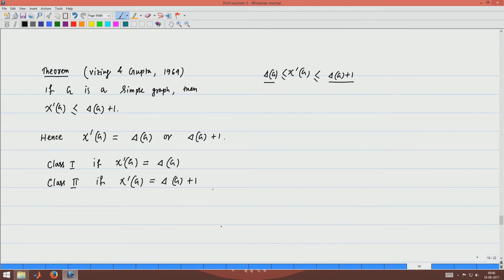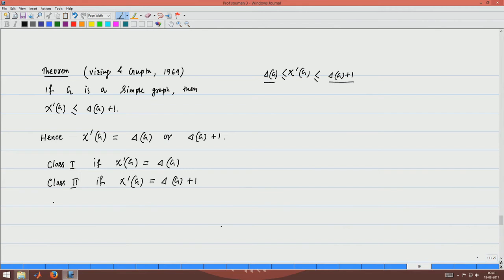So, what we have observed is that the chromatic index of a graph can be either delta G or delta G plus 1. On the basis of this, we classify the graphs into two classes: class 1 if the graph has chromatic index delta G, and class 2 if the graph has chromatic index delta G plus 1.